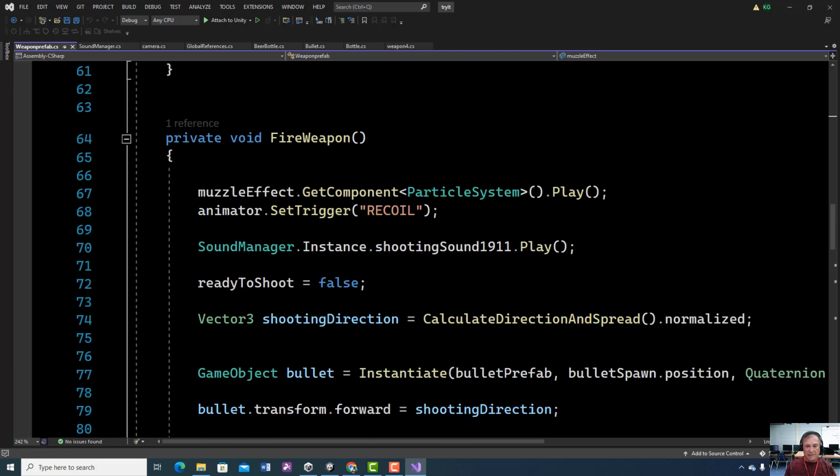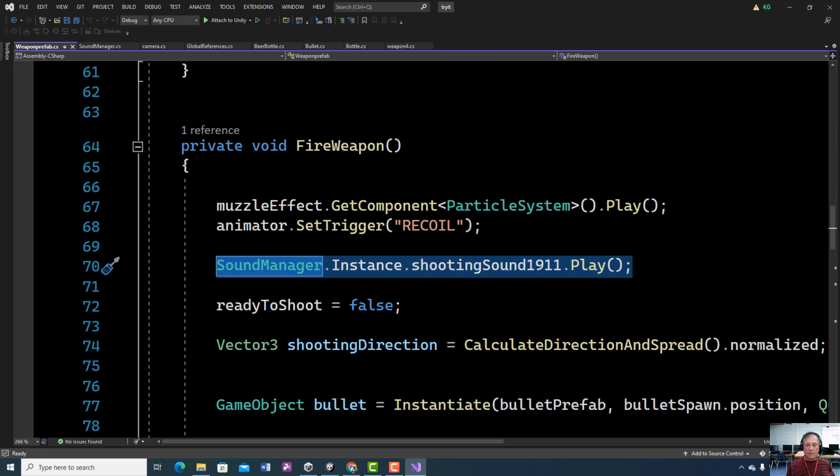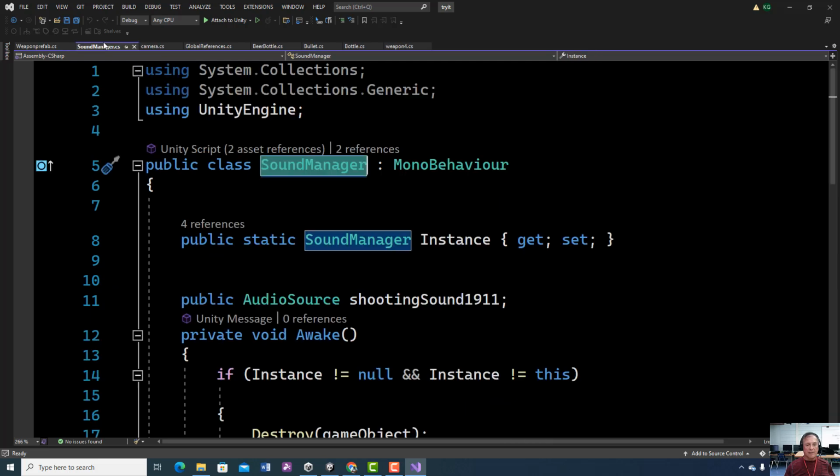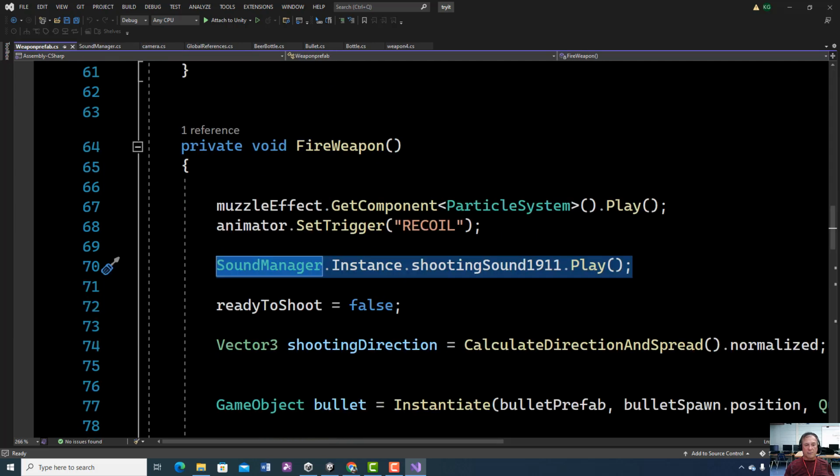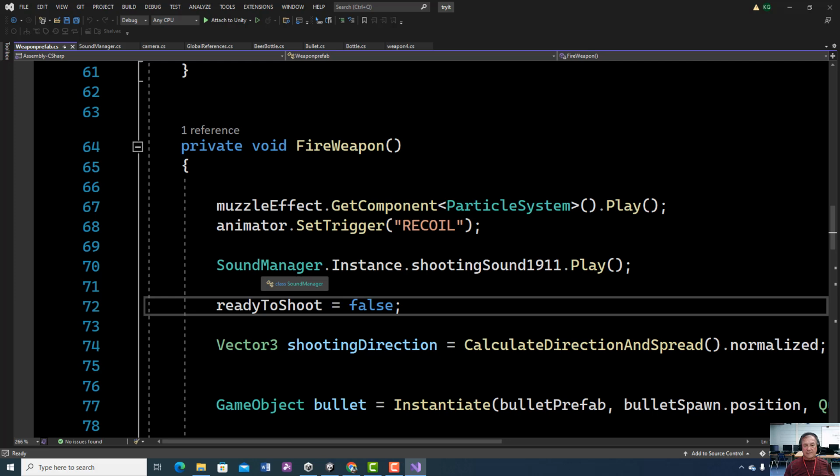And that is going to be this line right here. So make sure this matches whatever you put inside your sound manager. Shooting sound 911. Whatever this is, make sure it matches what you're going to put here. Right underneath the fire weapon, you're going to have this line. Sound manager instance, that name we have for our thing there, and play that. Okay? So we got our muzzle effect, we got our animator, and now we have our sound. Save that,